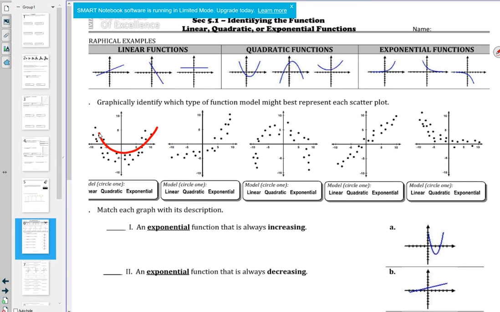This first one looks like a parabola, so quadratic. This one looks like a growth, so exponential. This one looks like a parabola roughly, so it's an upside down parabola. This one looks like a line, it's linear. This one looks like